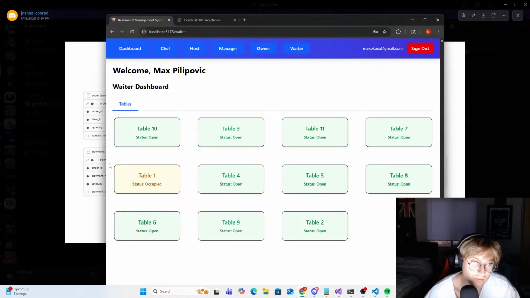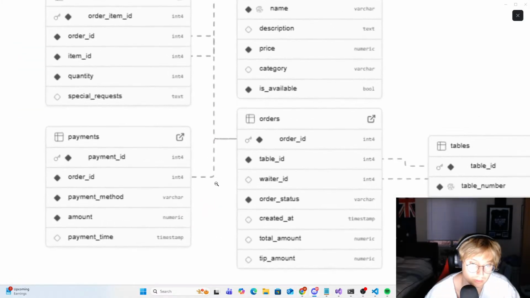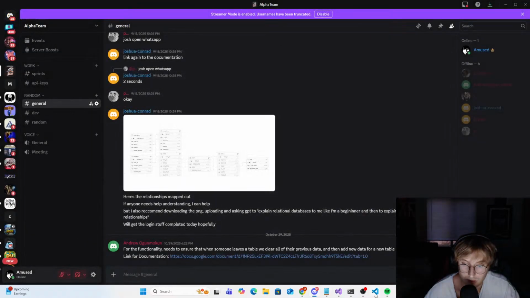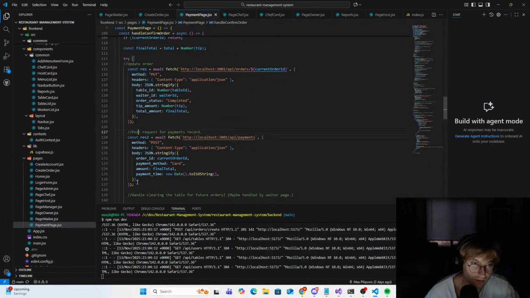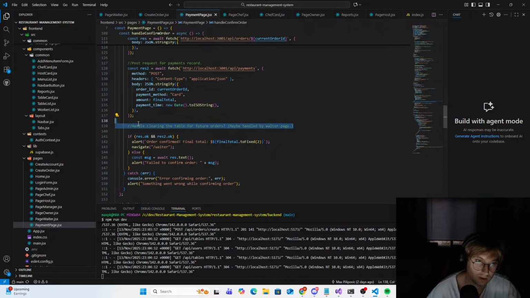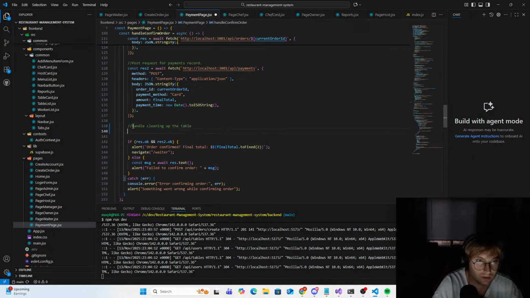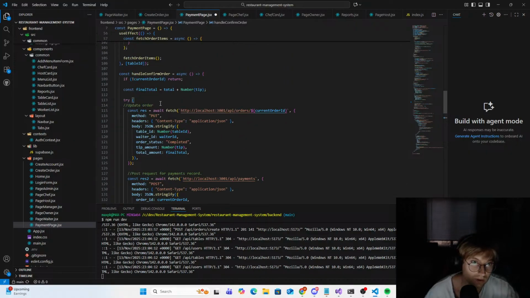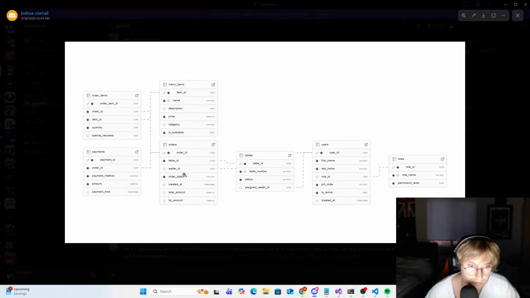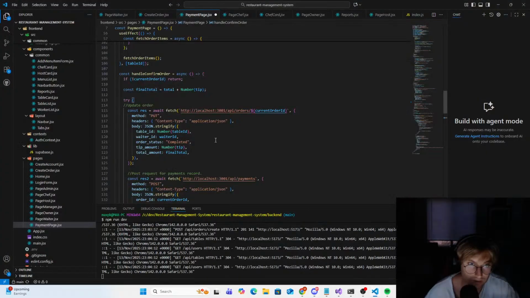so really I just want to switch the table to be not occupied, right? So I think that would be a simple request here. So let's handle cleaning up the table, right? So when we submit the request here, current order ID, does our order ID here,